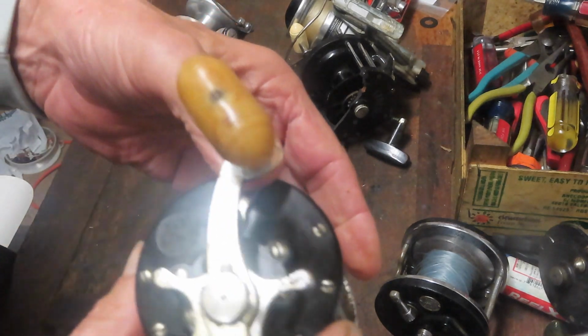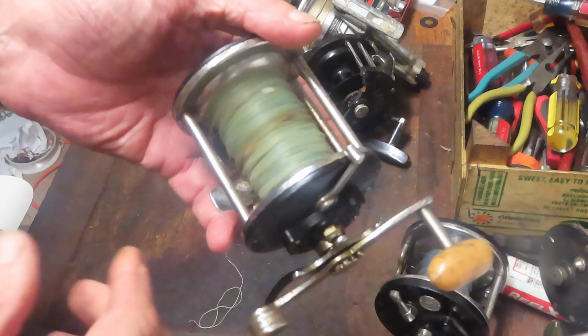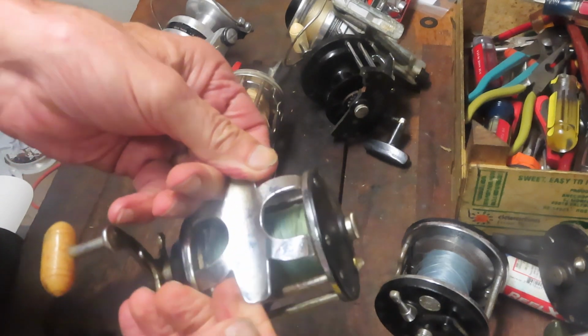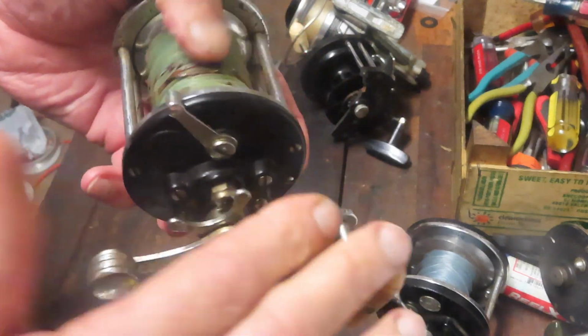And then there was a third one. And the third one seems to be the promising one of all. It spins relatively freely. It's got a handle knob that turns. It's complete without much damage. All of this chrome tarnishing will certainly clean up. And in this case,